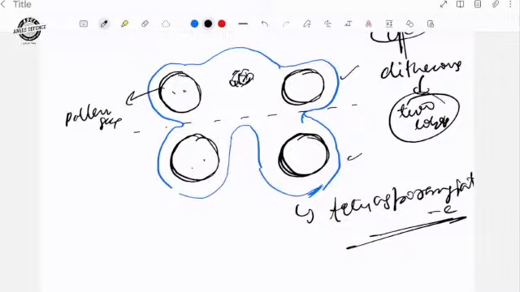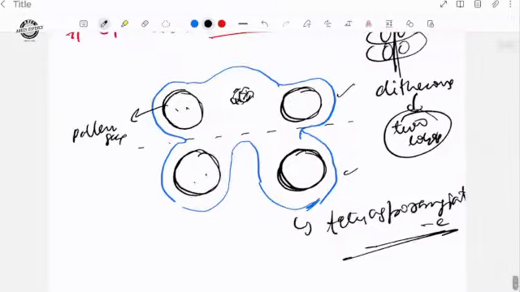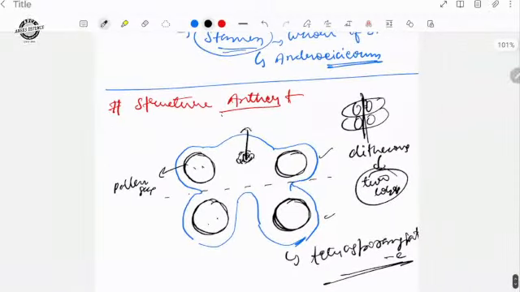After maturity, when cell division occurs, when favorable conditions come, when complete maturity is reached by the flower, then the pollen grain formation occurs, and different types of processes take place. What things does this part have? This is known as connective tissue.